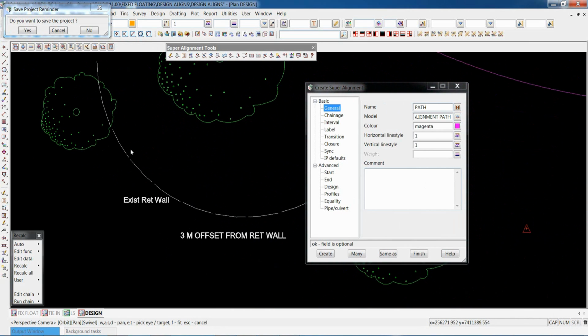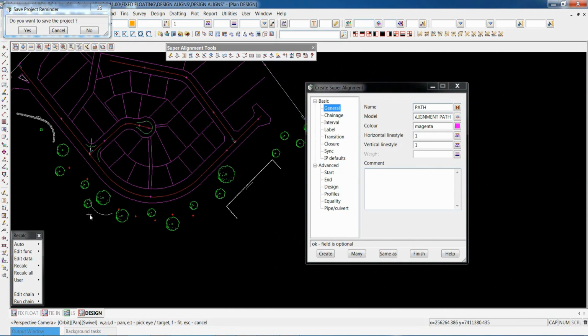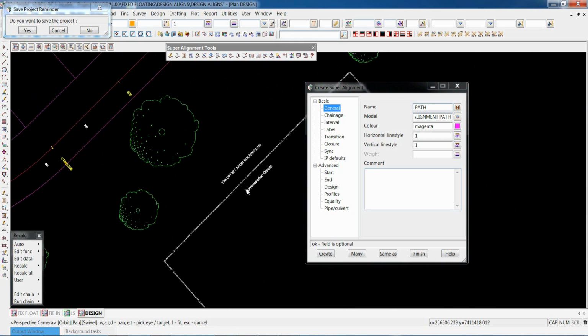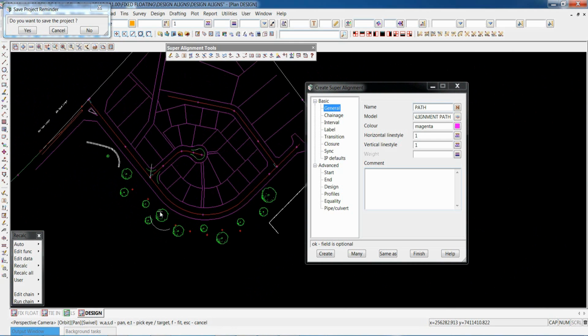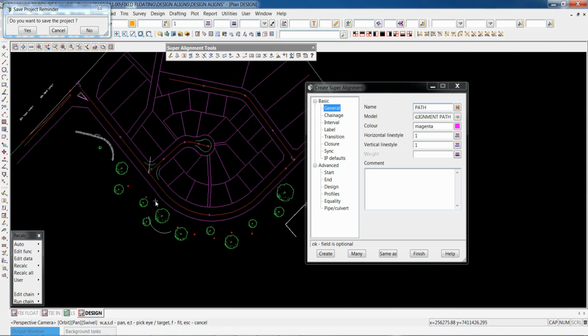We've got a circular retaining wall, a rotunda. We need to be 3 meters offset from that as part of our geometry, meander through the trees, and finish off 10 meters away from the building line. So again, it's a combination of a couple of different parts: in this case, fixed, floating, free, and back to fixed again.